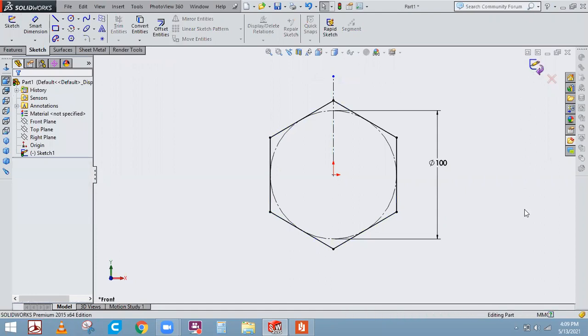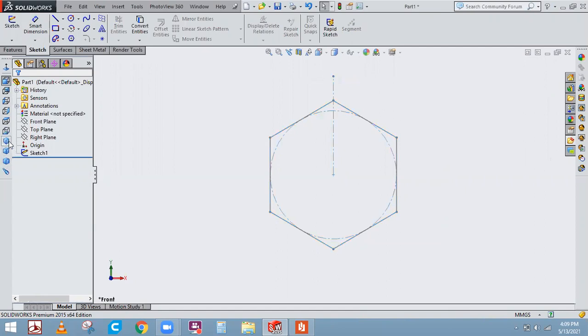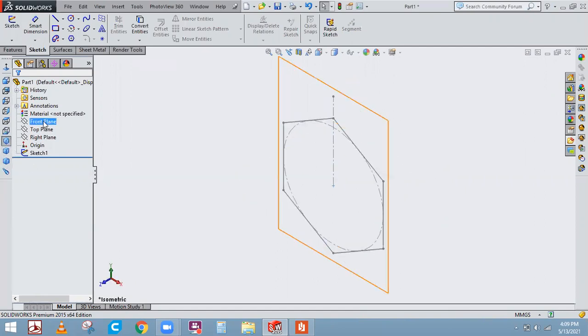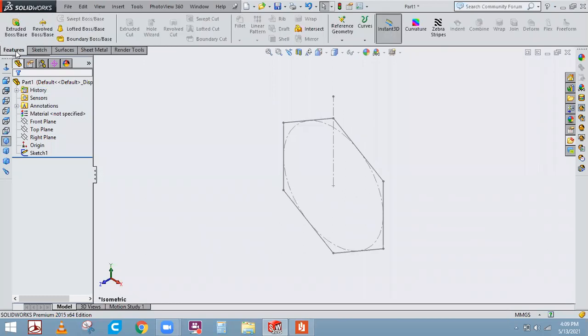Now, as we know, we had only 3 planes, so we don't have any extra plane. Even see this one and this one, the front plane is only one. What he's trying to say in the sketch is to take the reference planes. To take a reference plane, you can notice the reference geometry in the features. Once you click on this, you have reference planes here. Once you click on this reference plane,